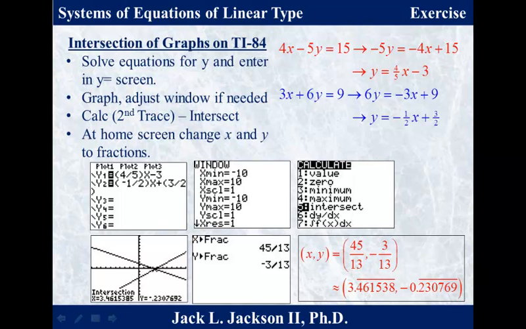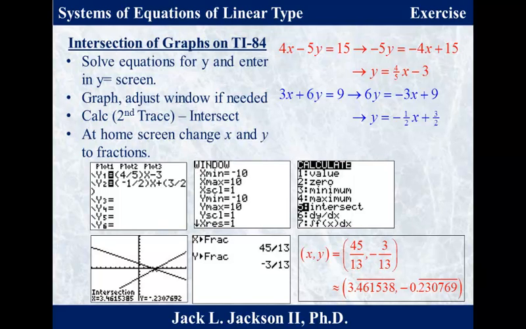So this will compute the intersection of the two graphs. Now remember, calculate is second trace, second button, and trace is way up the top. And choose number 5. You can go second trace and then just hit number 5, or move the arrow down to the 5 and hit enter. It's going to ask you for curve 1 and curve 2. If you only have 2 curves, you hit enter, enter, and then it's going to ask you for a guess, so put the cursor kind of close to where they cross, hit enter,